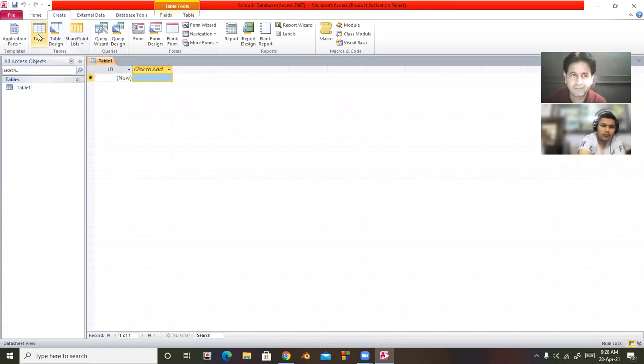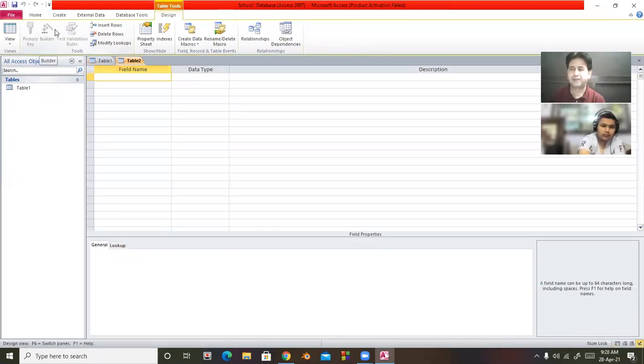One is datasheet view. Just look at here on the screen, there will be a field name at the top. You will have to rename the different fields. Later on, we will discuss. So this is datasheet view. If I click on table design, look at here.